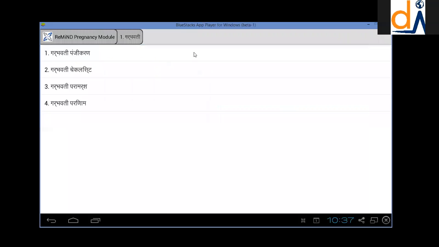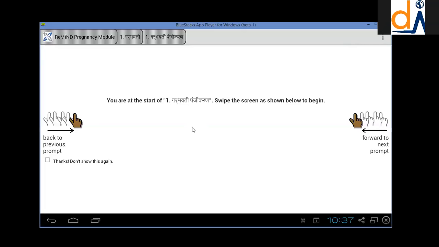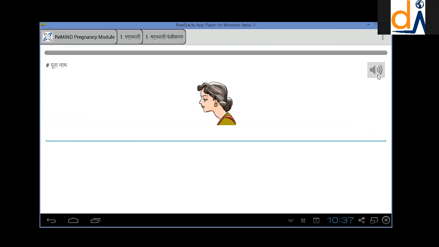This is the pregnancy module. We're going to register a pregnant woman. You can see how everything's now in Hindi, which is pretty cool. And even the sound clips will be in Hindi. आपका क्या नाम है? For example, they're asking name. Again, this is asking age. You can see the young woman and the old woman. So they want to know age,